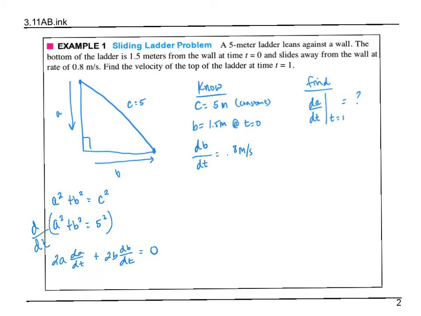Okay, so think about how the triangle was formed in the beginning. When I placed that ladder against the wall, I started with the base being 1.5. That was at 0 seconds. We have to figure out, well, what's the base at 1 second? So if you think about the rate that the base is sliding away,